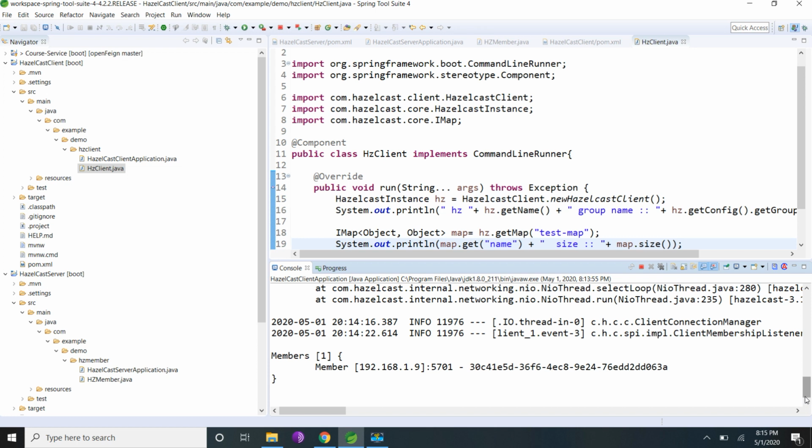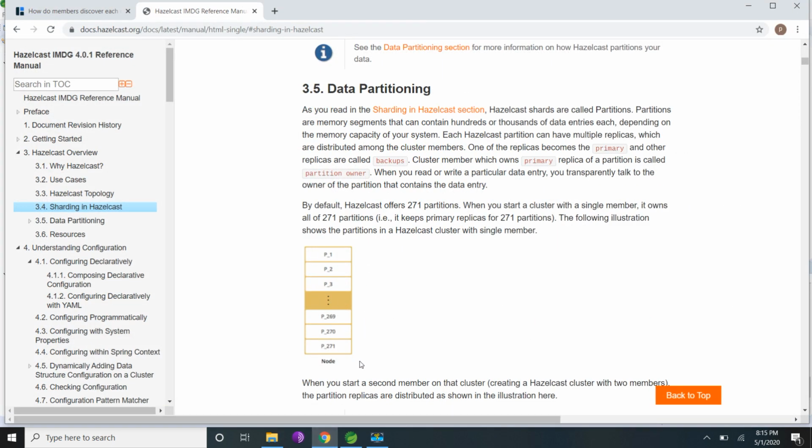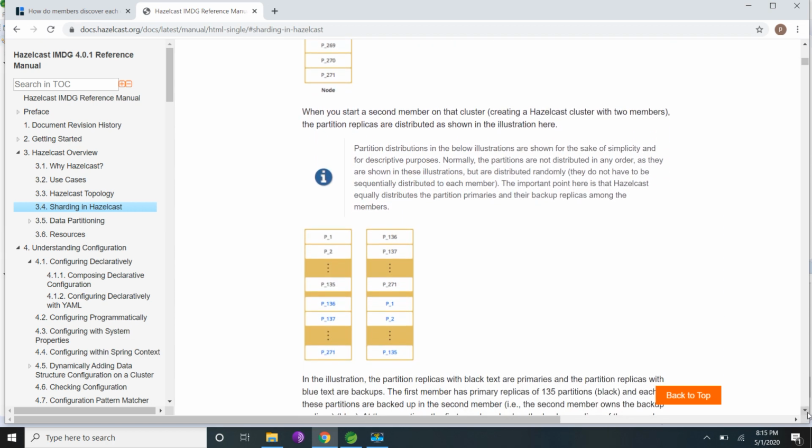So I can show in the picture, when you are starting initially with one member, the Hazelcast member will be having P1 to P271. When I add one more member, the data will be halved. The first Hazelcast member will be having data from P1 to P35, and the other node will be having 36 to 271.